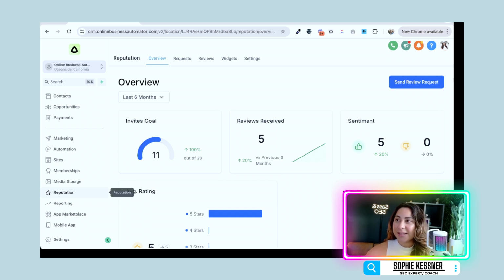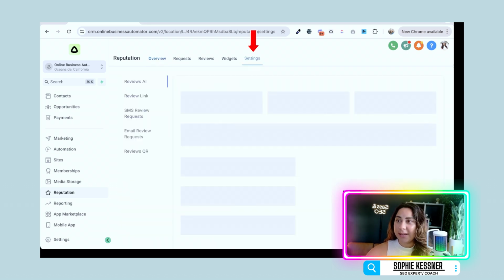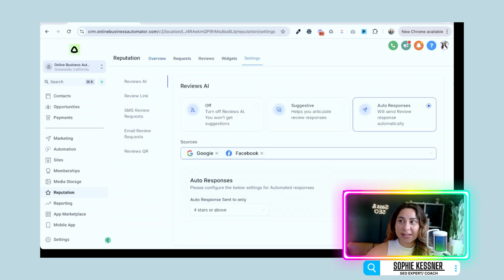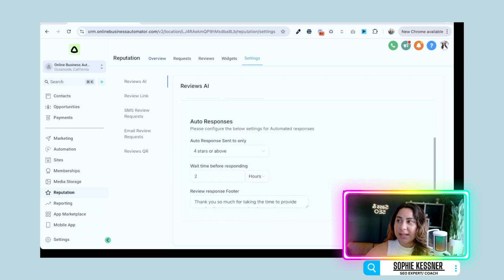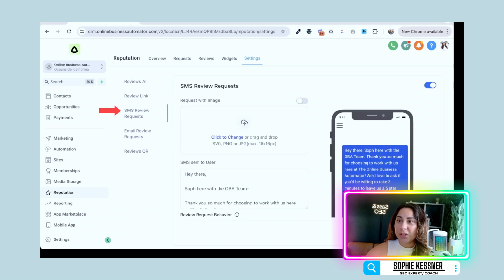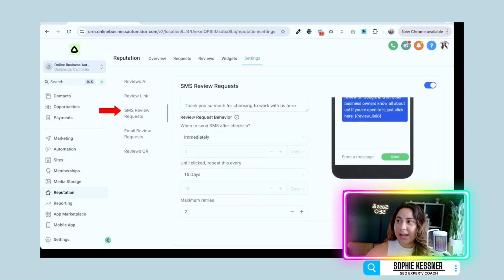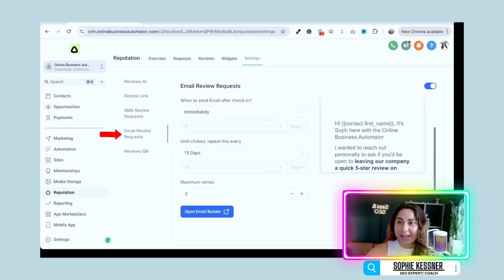Now, how it works is when you first go into setting up your account, you'll come over to the settings tab here, and then you will simply click on and select all of the different sources that you want to generate reviews from, set up your settings, and then you can create the actual SMS, meaning text message, and email review request links that you send out to contacts inside of the system at whatever way and whatever frequency